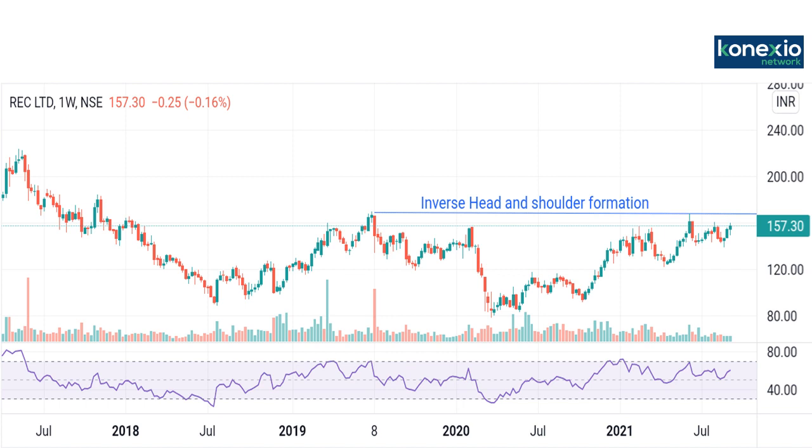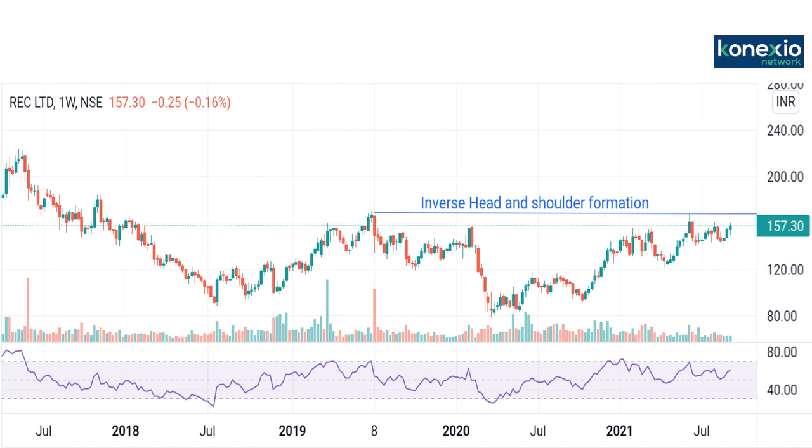But looking at the price volume action, the setup, and the indicators, I mean RSI, it is well poised for a breakout in the coming weeks. So long-term investors and swing traders can accumulate the stock at current levels and on correction. The current market price is 157. If there is a pullback till 150, one can accumulate. Long-term investors can also accumulate. We have a target of 200 in the long term. For swing traders, the target would be around 170 in the next couple of weeks.